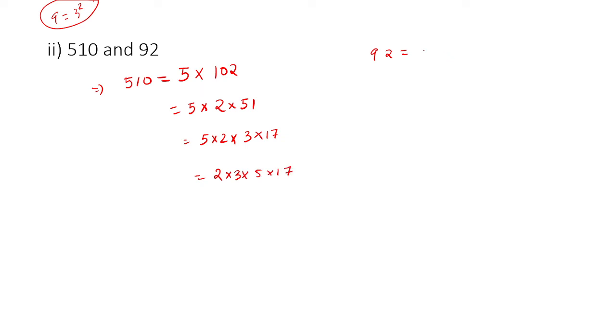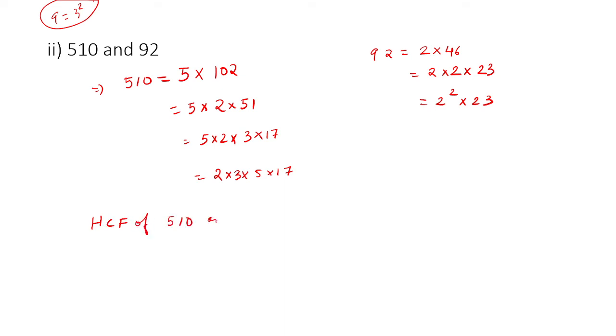Clear? Now quickly moving on, we need to take it as 2 into 46. So you can just break it down slowly this way. 2 into 23. So this is going to be 2 square into 23. Now let's go for the HCF of